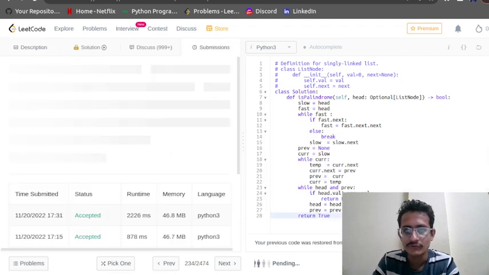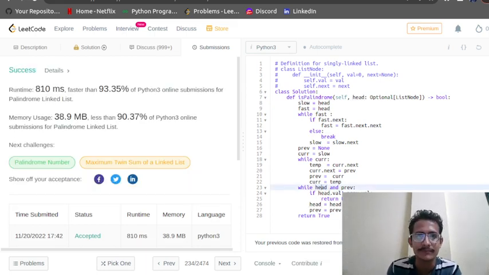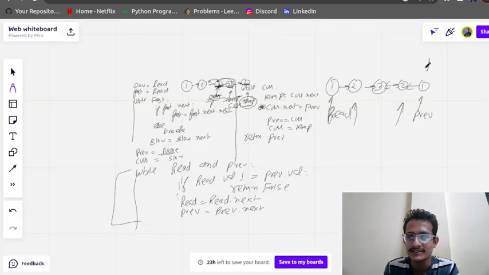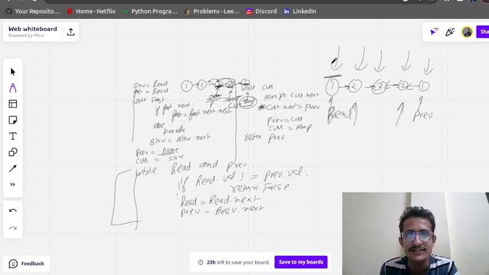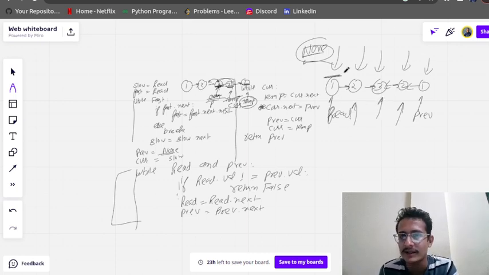One thing I was thinking is that head and previous will become none at a time. I will explain how. Initially previous is at this position, we will come to this position, then this position, then this position, then previous dot next will be none. After a point of time we are going to get none.